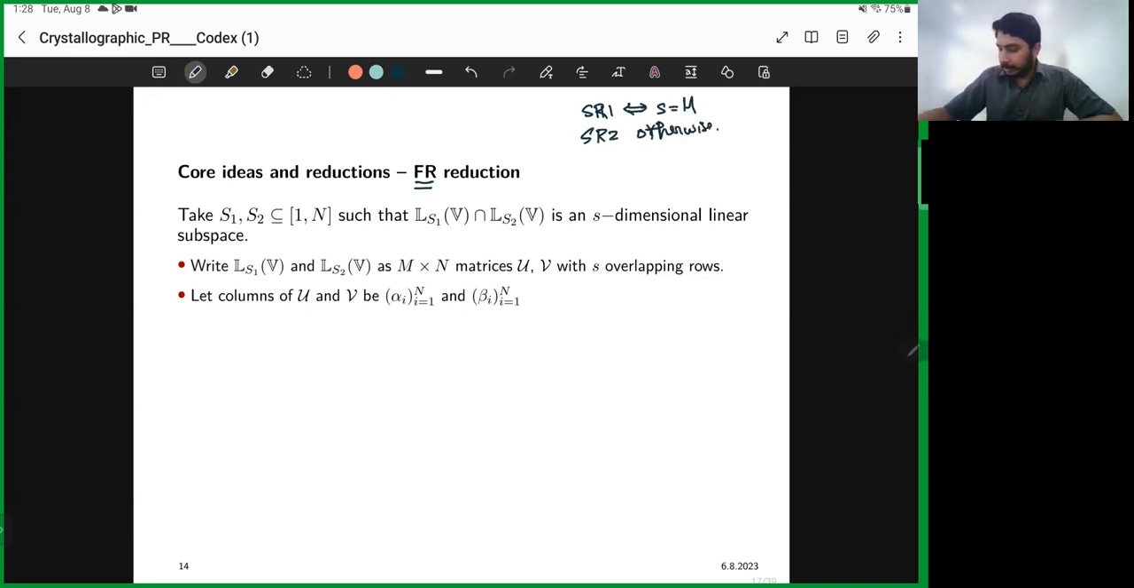Right, so this is a very nice trick to collapse both problems into one setting. What I'm going to do is write this LS1 of V and LS2 of V as M by N matrices U and V with S overlapping rows. So essentially what that would look like is my U,